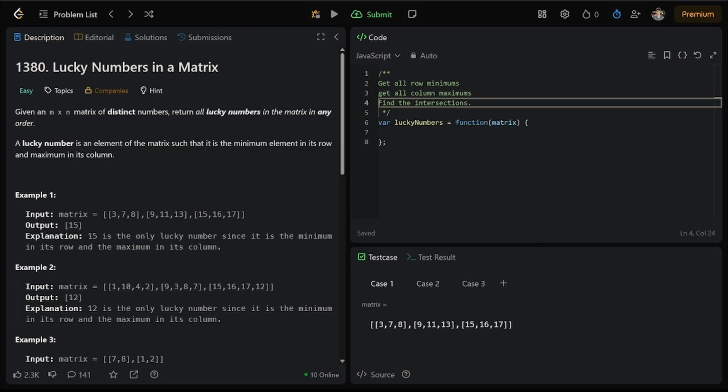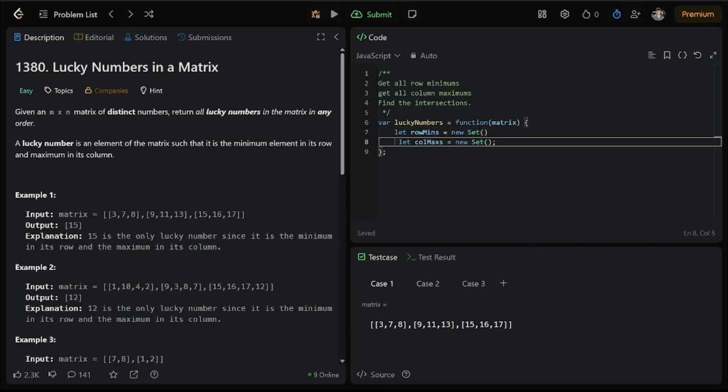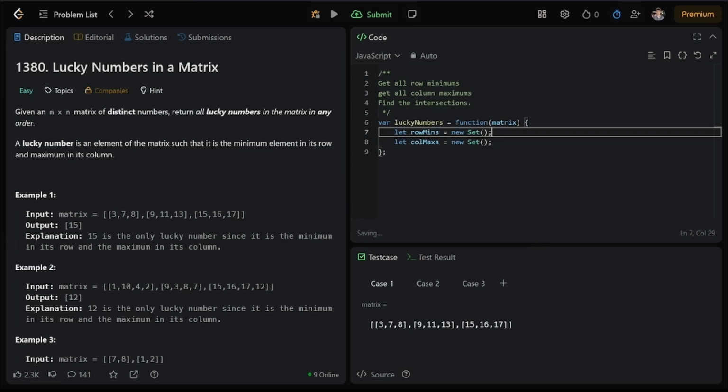So one thing I think everybody knows about is sets have O(1) lookup, so why don't we build some row minimum and column maximum sets? So let rowMins equal new Set, let colMaxes equal new Set;